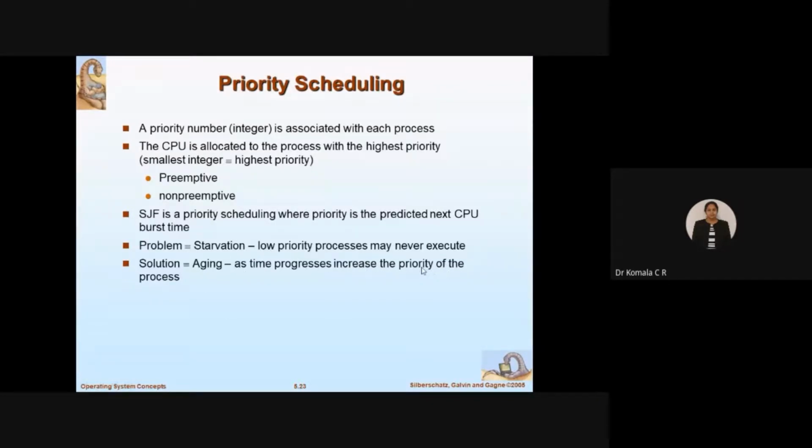I'll go and increase the priority. I mean, I'll give a smaller number to each of these so that maybe next time at least I can try to execute. As the starvation increases, I mean as the lower priority processes are kept in the waiting state for a long time, the age increases. Then as time progresses, if I change the priority, only then I'll be able to complete the job.